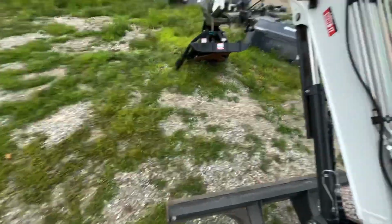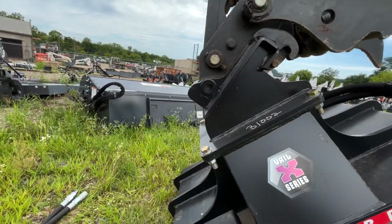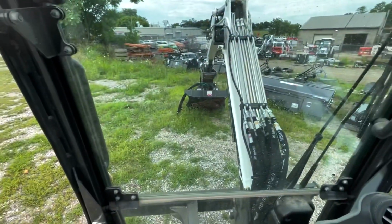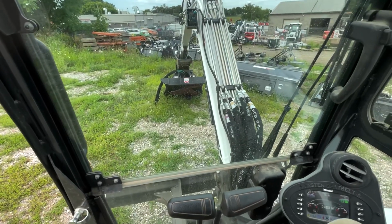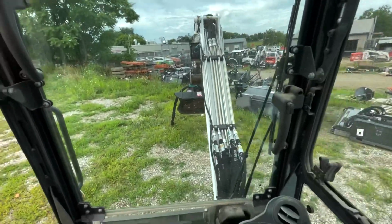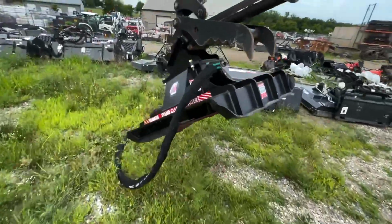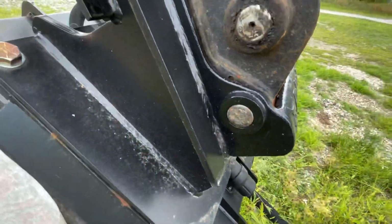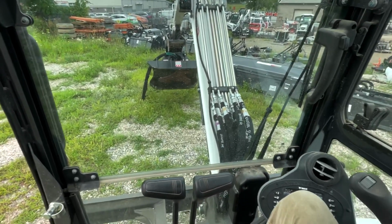It's getting hung up on something. Oh, nope. Should be good to go now. All right, let's go make sure it is hooked up. That's through. And that's through. Perfect. Alright, so now that we're in the excavator here and we got it all hooked up,